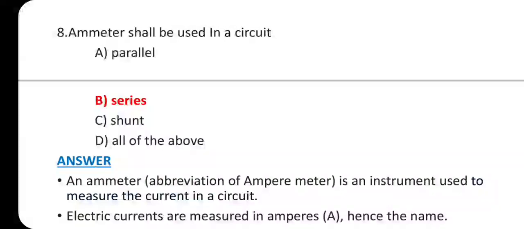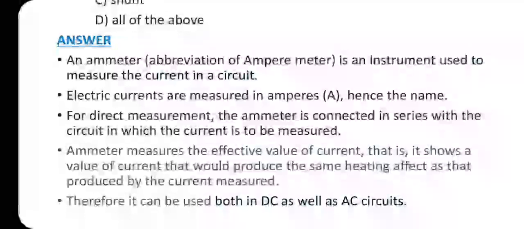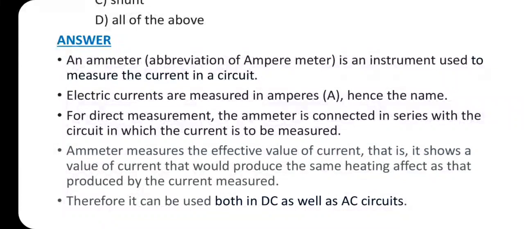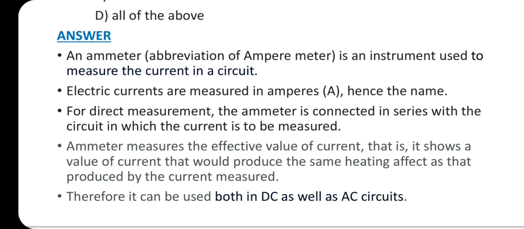Question number 8. Ammeter shall be used in a circuit. Answer is option B, series. An ammeter, abbreviation of ampere meter, is an instrument used to measure the current in a circuit. Electric currents are measured in amperes, hence the name. For direct measurement, the ammeter is used or connected in series with the circuit in which the current is to